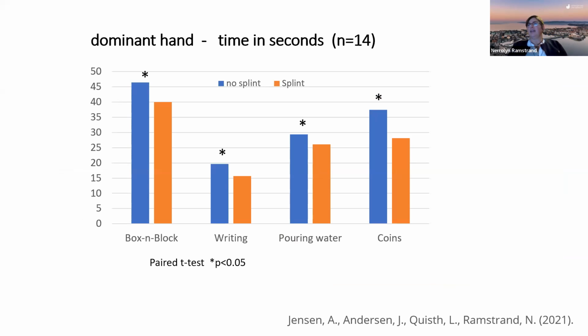Here you see the results of the timed test. So, performance on the standardized tests. Now I've said splint because we call them finger splints, but no finger orthosis is the blue, and the orange is with the finger orthosis. And right across the board on every test, we saw a significant improvement in performance when these individuals were wearing their finger orthoses. So just there we have evidence that we can say, okay, this has large effects on the individuals when they're wearing their orthosis.